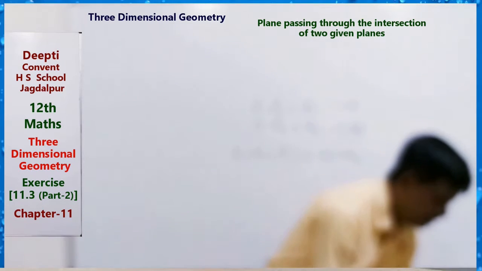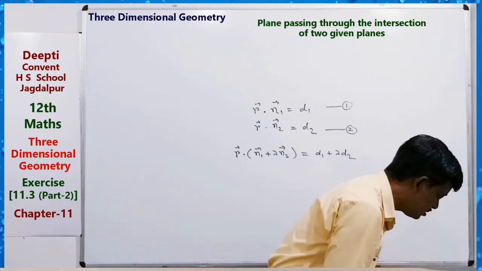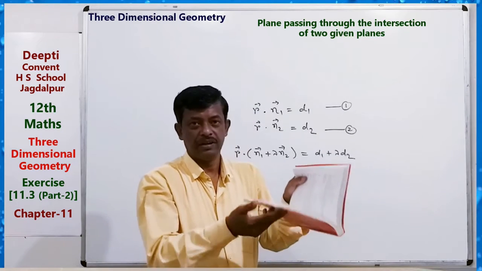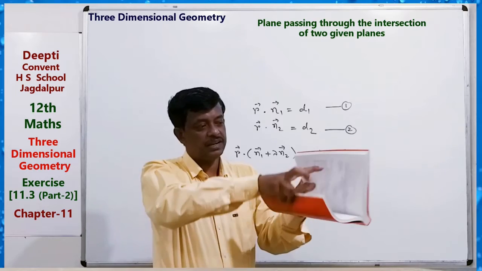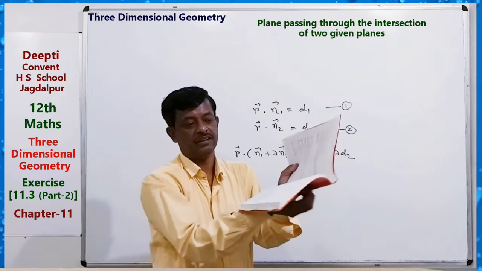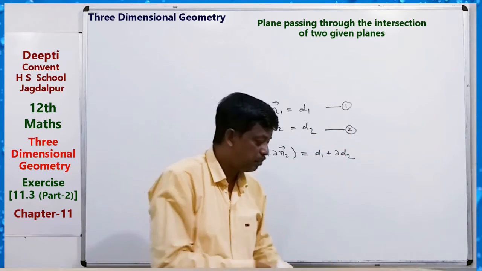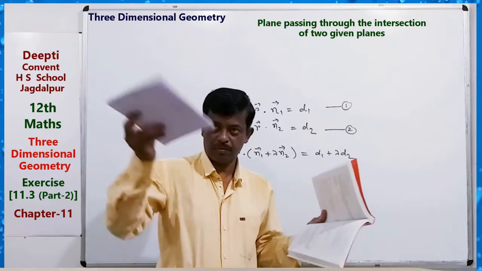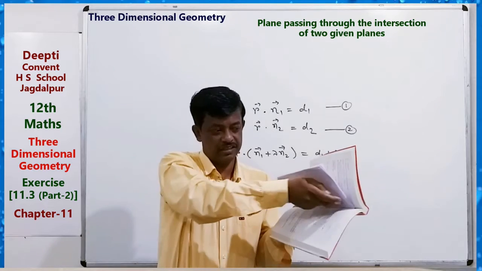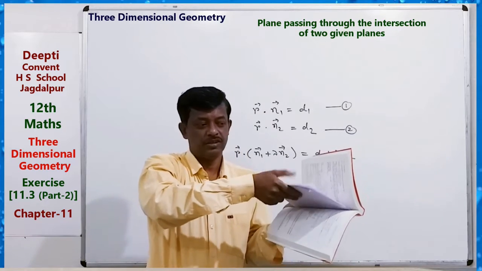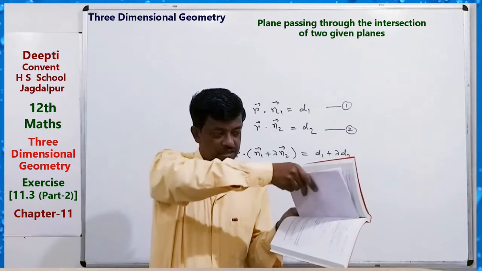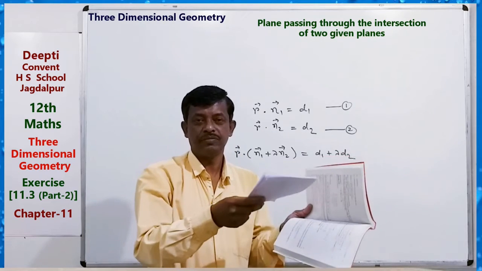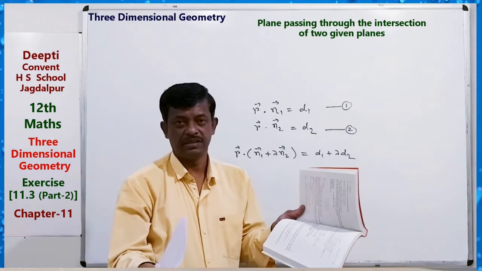That is just like this. Suppose here this is a book. Okay, so this is a plane, this is a plane. Both planes, this plane and this plane, intersect at this. Now a third plane can be passed through. A plane can pass through this intersection line. This is the intersection line. So the equation of this plane can be like this, maybe this. So there are many planes.